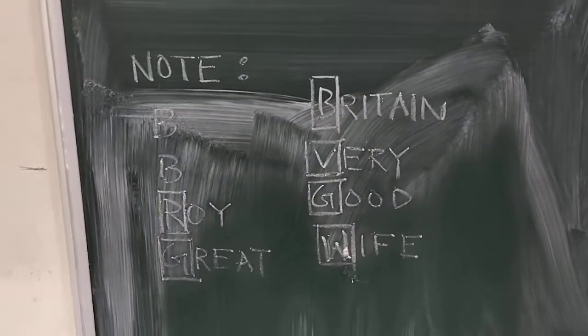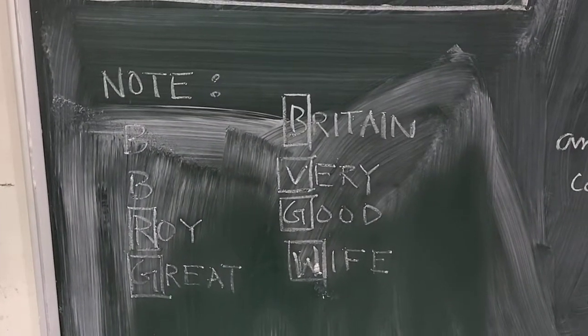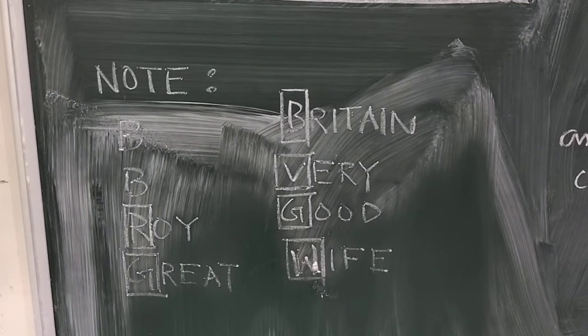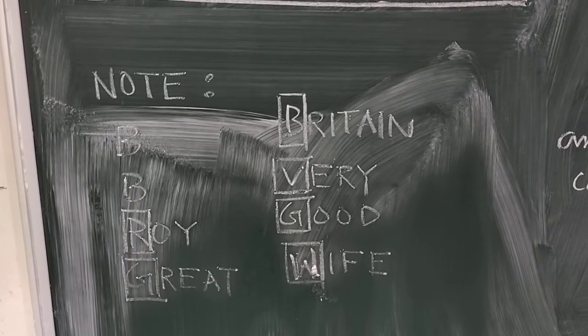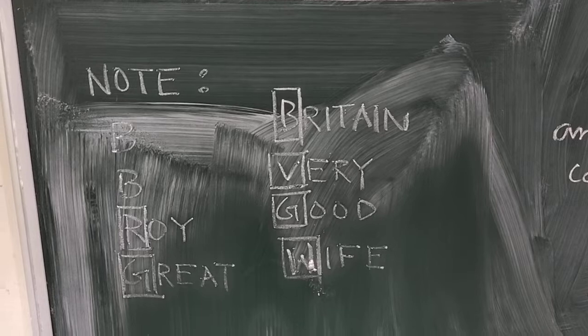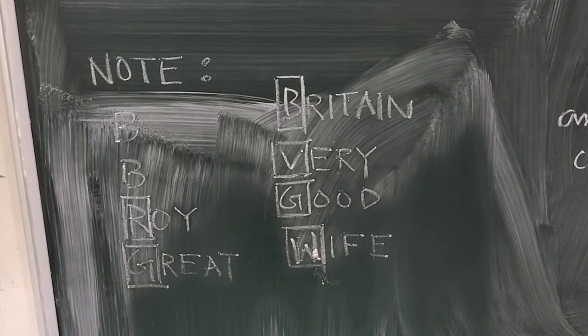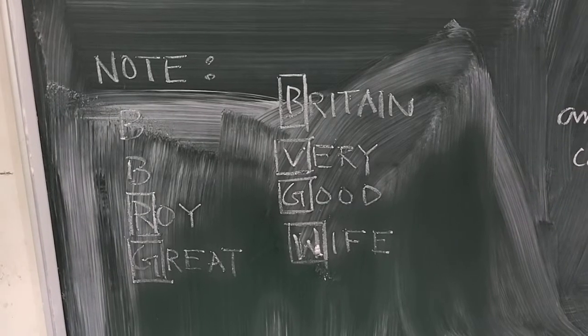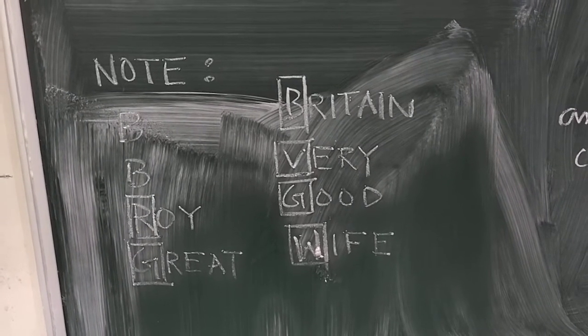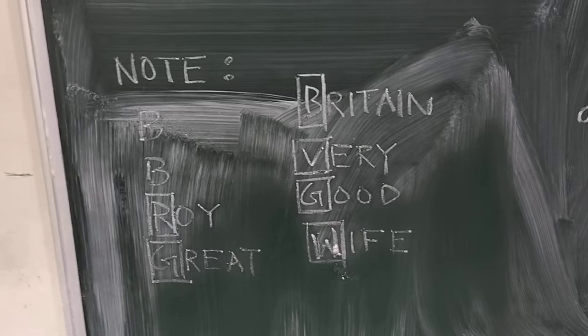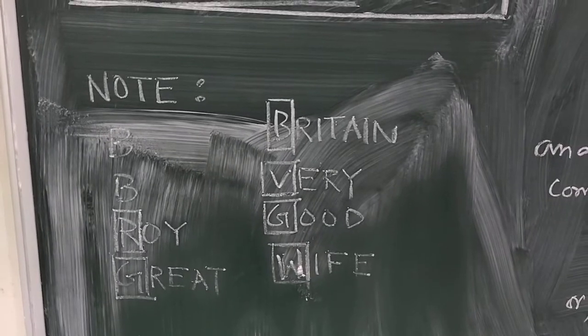Under note I have written. So initially, B.B. Roy, the person. B for black, second B for brown, R for red. B.B. Roy. You have to memorize this statement. Once you memorize this statement, you can memorize the table. So B.B. Roy,